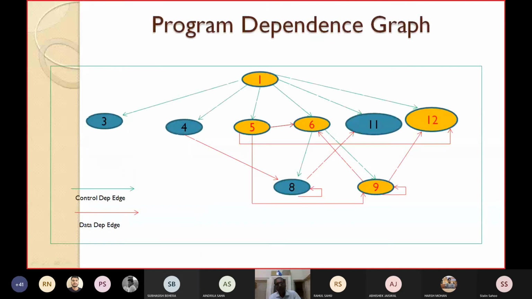And from 6 I can go to 5, which is already marked. From 9, through this control dependence, I can reach 1. You can take any arrow, control dependence or data dependence. So only these nodes can be reached from line number 12. Those I have made yellow.